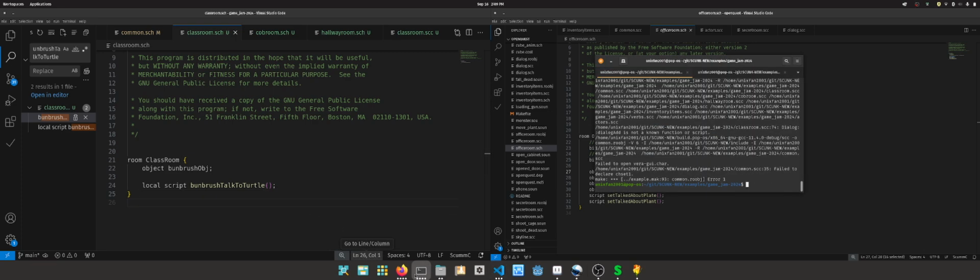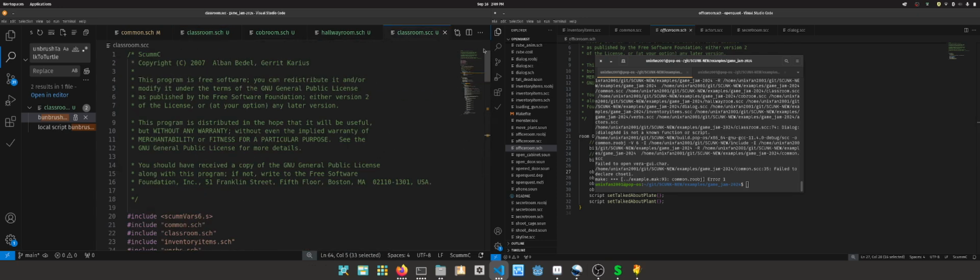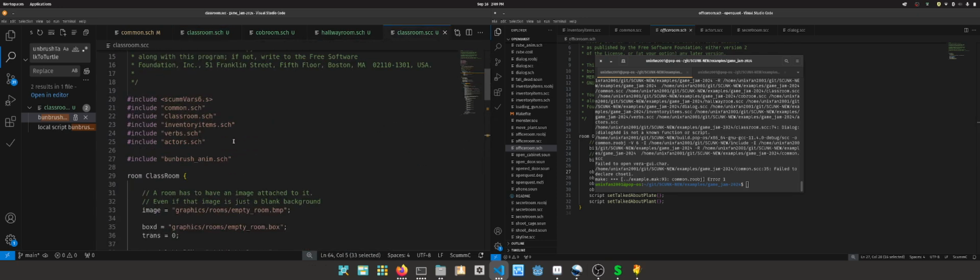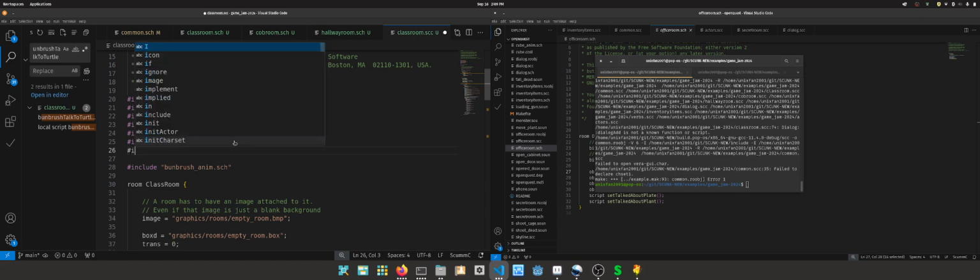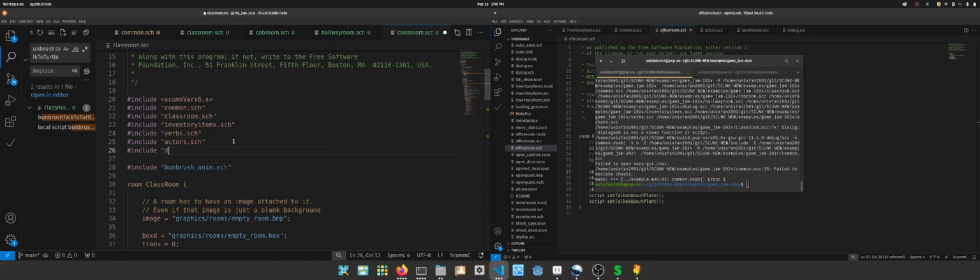Let's see if that would work. Nope. Oh, wait. Dialog add is not known to function or script. So this works, but we have not imported the instant classroom. We have not included the dialog tree, the actual dialog tree functionality. Include dialog sch and